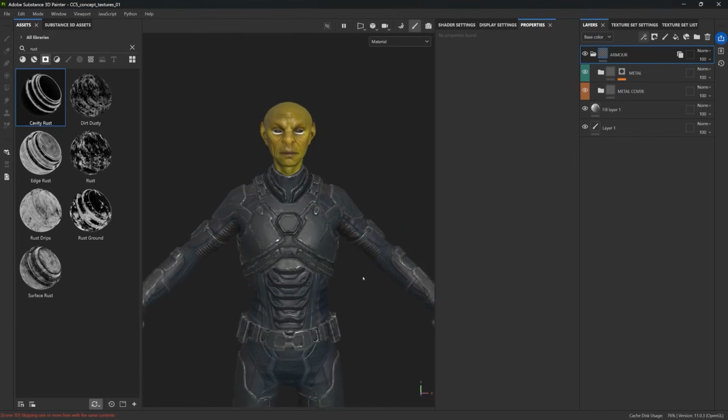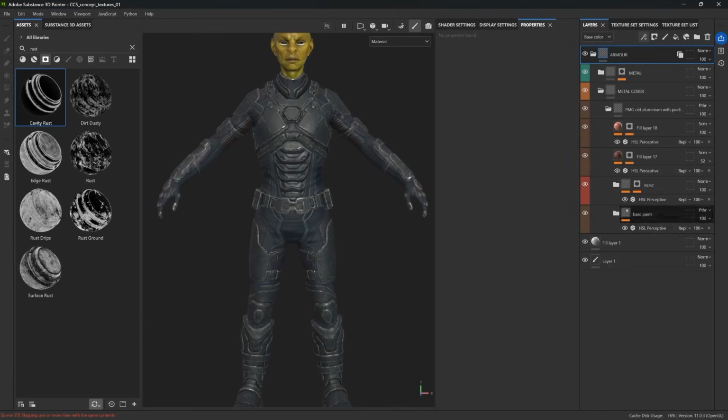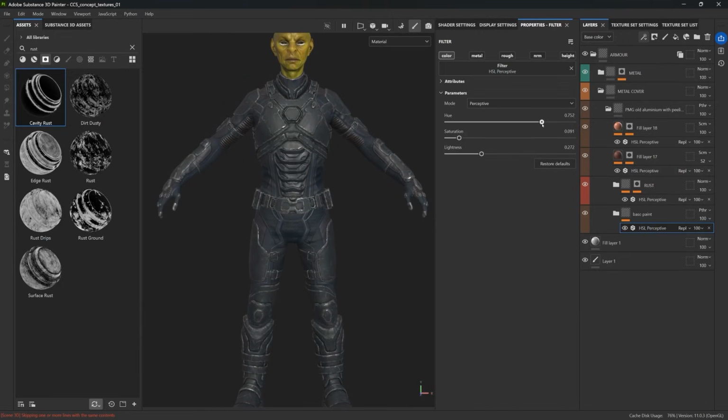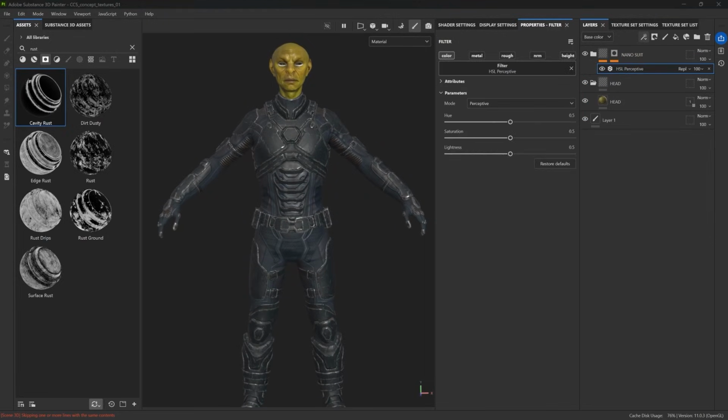texture sets. What's even better is that all of those pieces are now sharing an instance of that material. So that means if you change the hue, the saturation, or any type of masking or anything in the original material that is being used in the chest plate, all the updates that you create are going to instantly be applied or shown in the other parts that are using the same material. Very, very handy stuff. So at this point, it's just more about refinement, adjusting all the materials just to complete